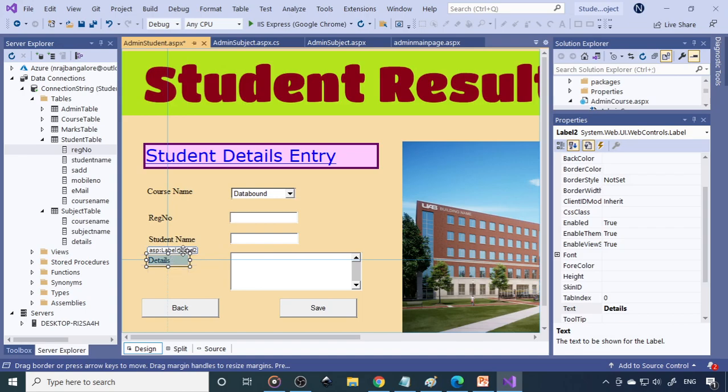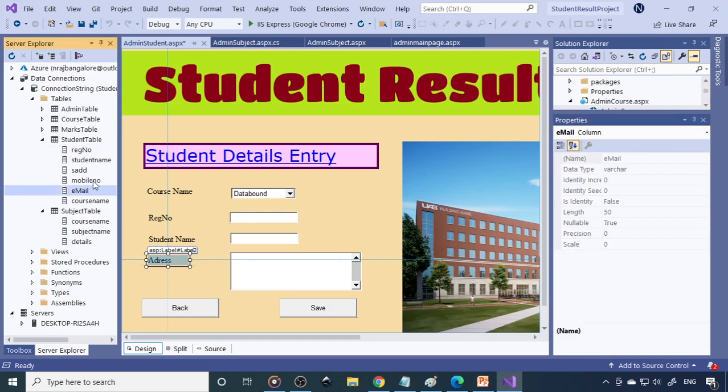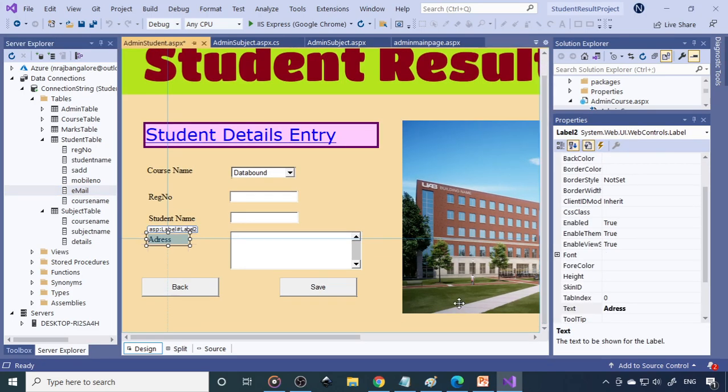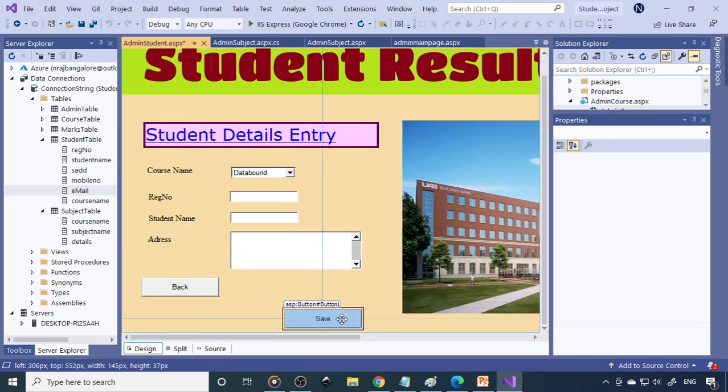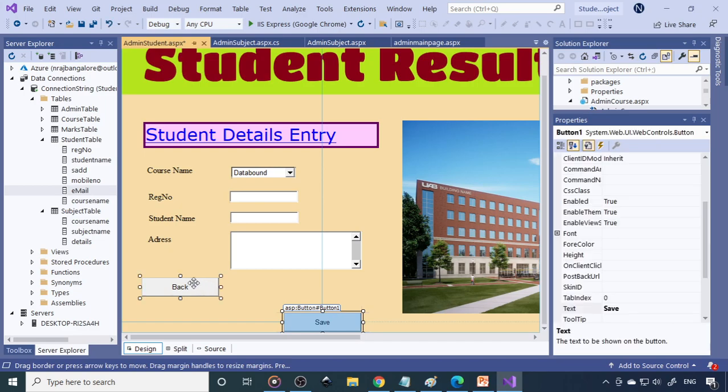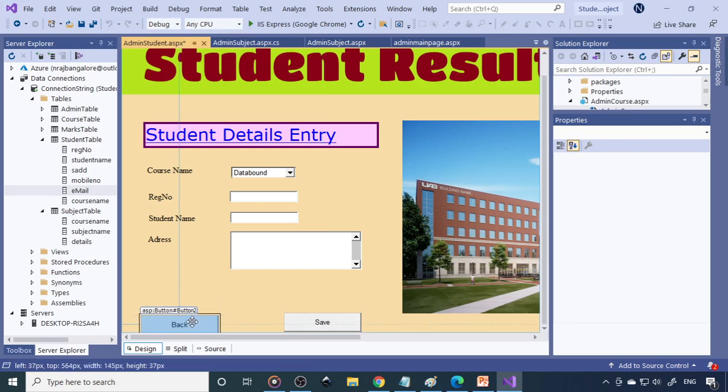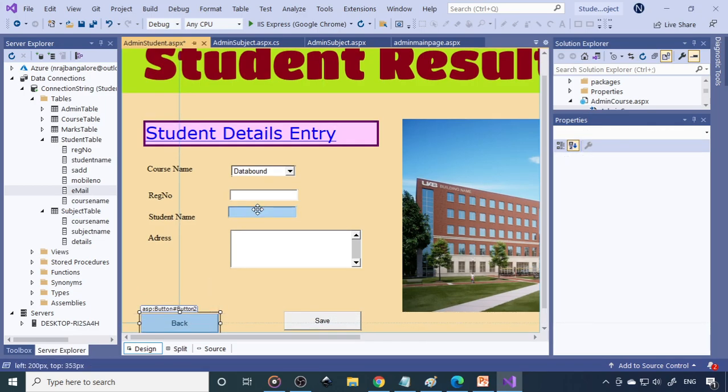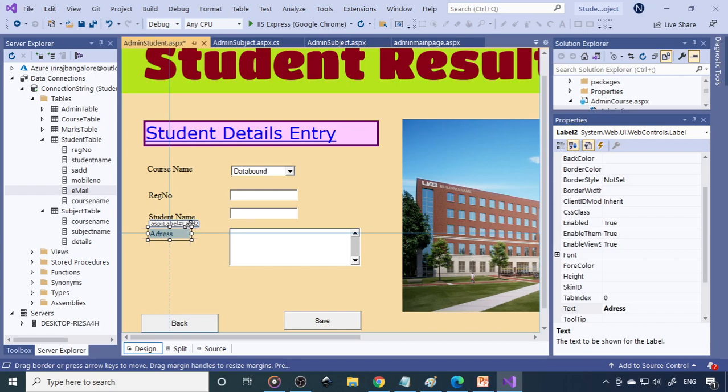So instead of details we need to make it address. So we require 2 more. Okay, one for mobile number, one for email. So now what you can do is we can bring it a little down. Okay, so this is label 2.